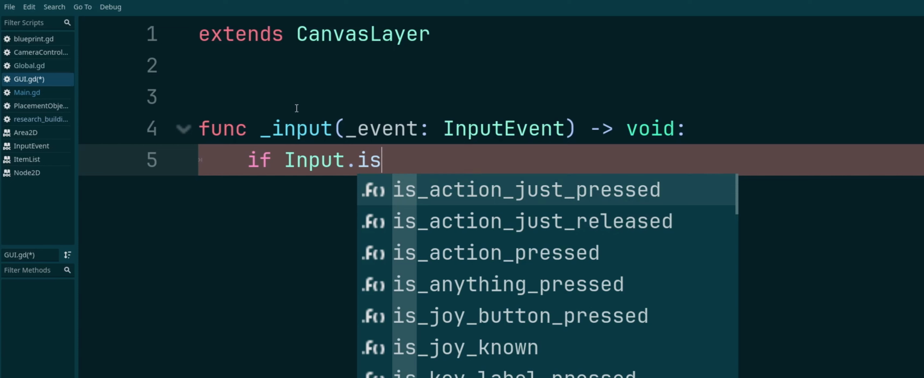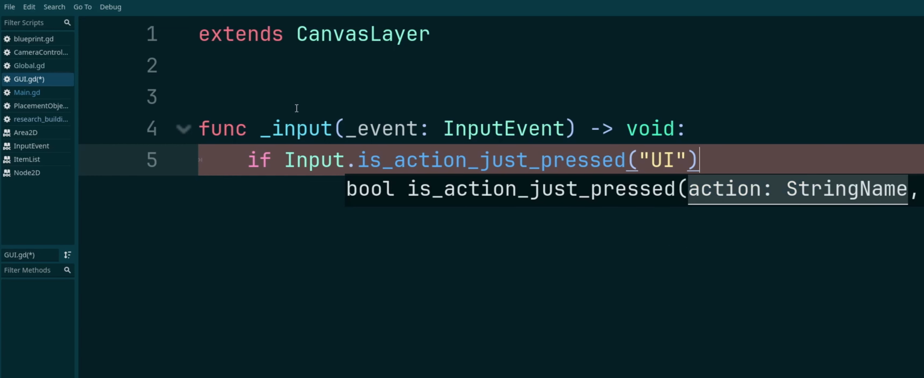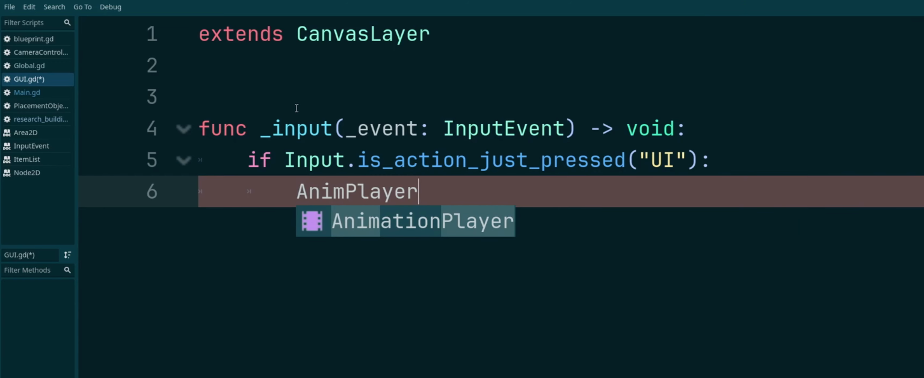So let's go with a, I guess it doesn't really matter. It just depends on if you want to trigger when the button goes down or when your button comes up. I'm just going to do it when the button goes down. So action just pressed UI. I am going to play the animation, and I'll just call this anim player